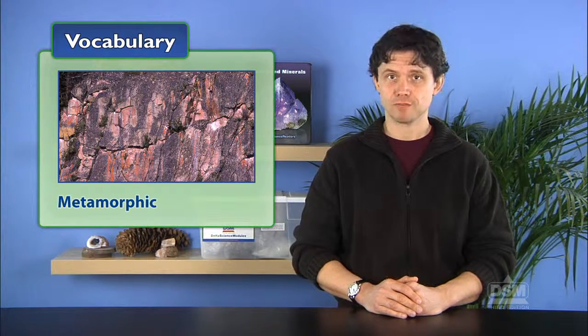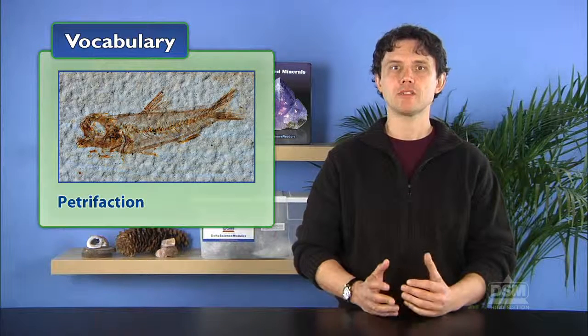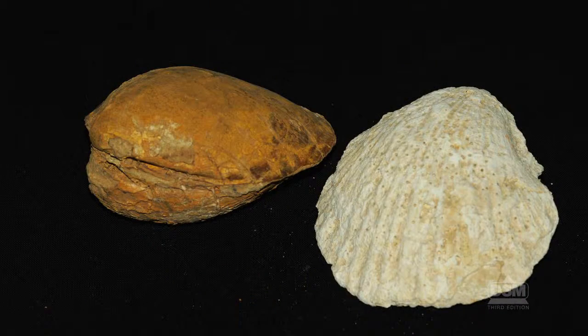pressure within the earth. Next, define petrifaction as to become petrified or fossilized. Help students understand that during the petrifaction process, the remains of plants or animals are replaced with minerals and other chemicals. However, the form of the original material can still be seen. For example, the rings of a tree trunk or the ridges of a scallop shell can still be seen after